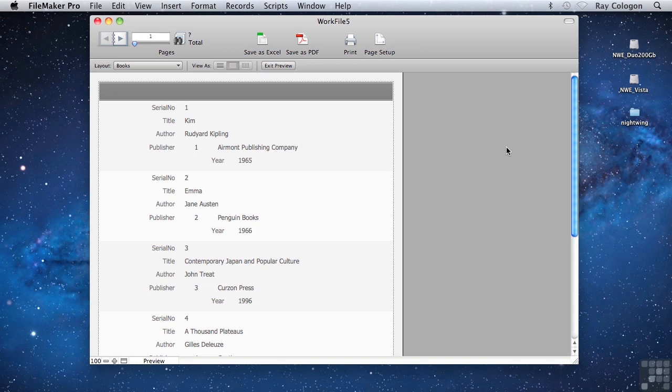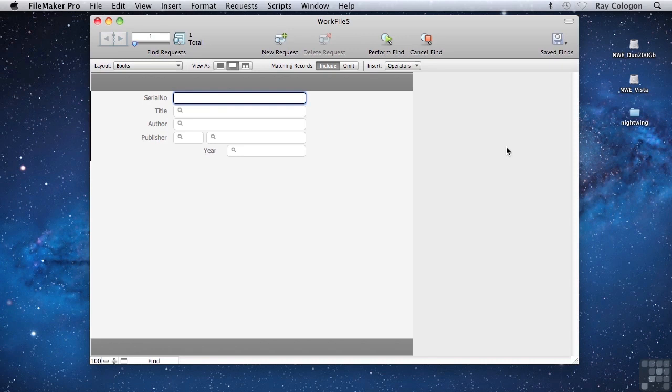So you can move between the design surface when you're building or modifying a screen or report, and a preview of the result as it will look when printed or output as a PDF document. Similarly, Find mode provides an interface for building search criteria called Find requests, and it goes hand in hand with Browse mode, where you can view the results of a search, and create and delete records, enter and edit data, and generally browse. These 4 modes provide work surfaces that allow you to interact with a database, working with data